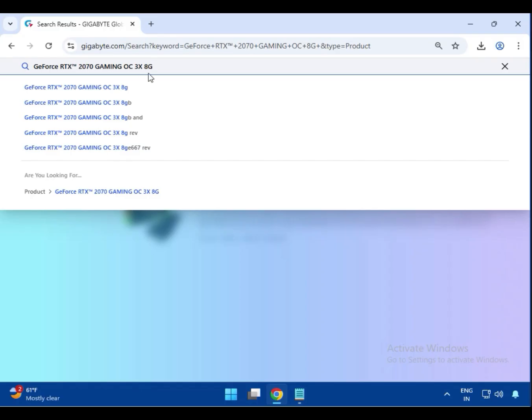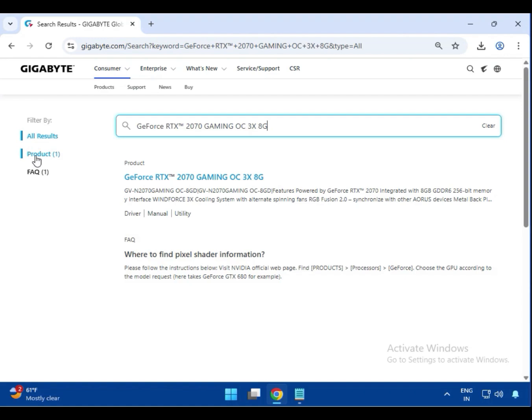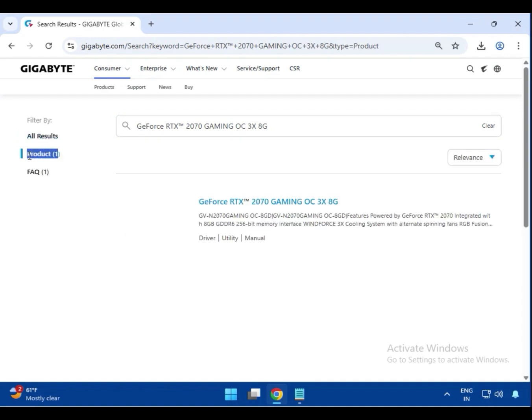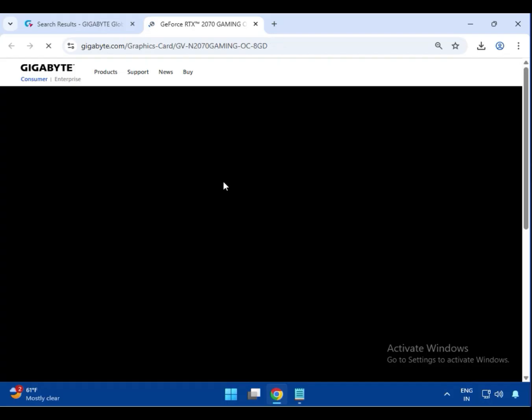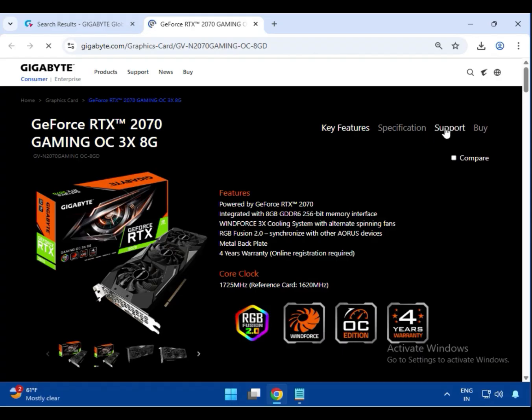Type RTX 2070 Gaming OC 3X 8G and then hit enter, and then click on the product. Then click on the model number of the graphic card. After that, click on support